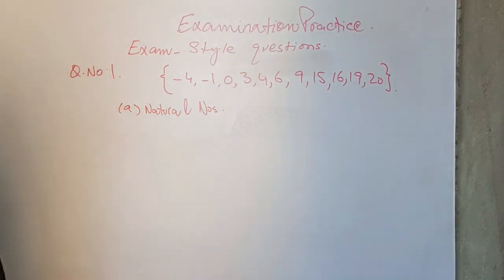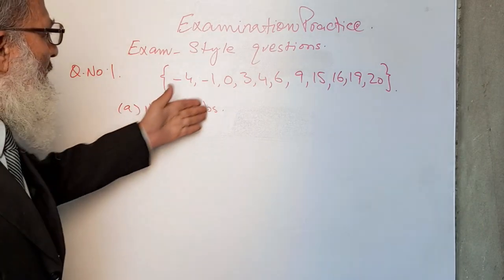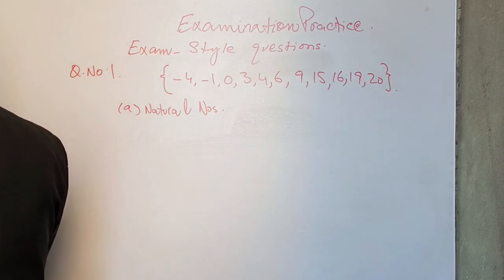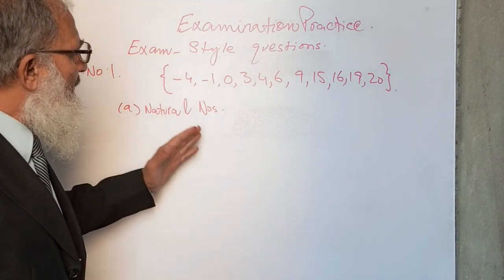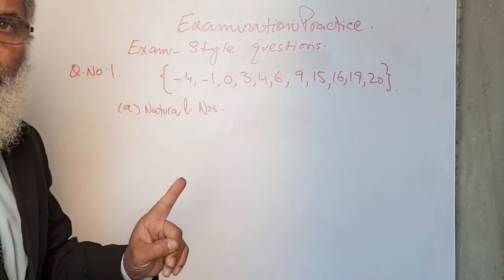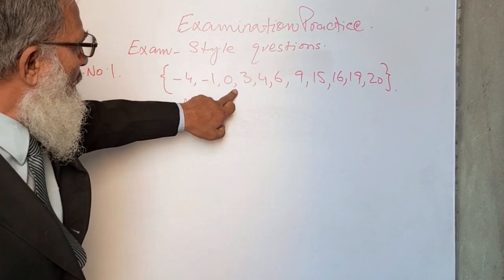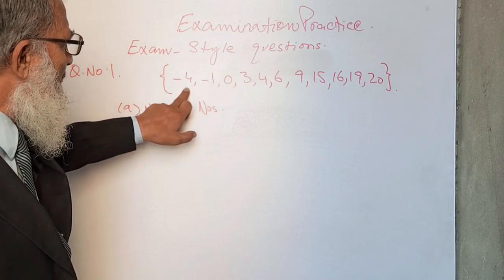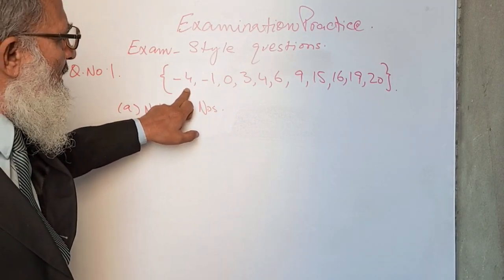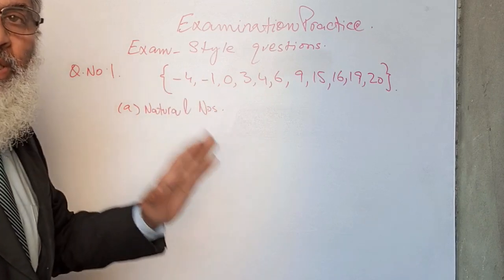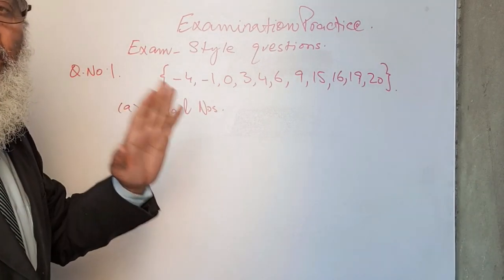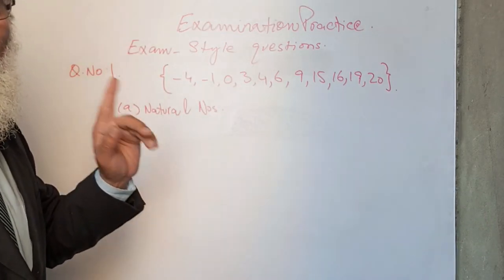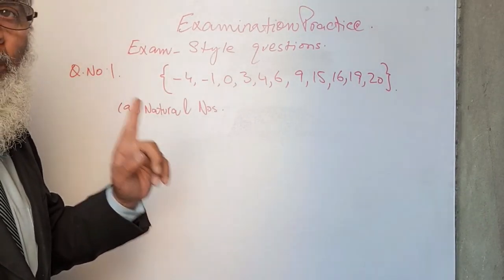In the very first lecture, I told you about the natural numbers. So what are the natural numbers? The natural number starts from 1, not below 1. So you see that this will be excluded from the natural numbers. The definition of the natural number was, it starts from 1 and it goes up to infinity. From 1 to infinity are all the whole numbers,